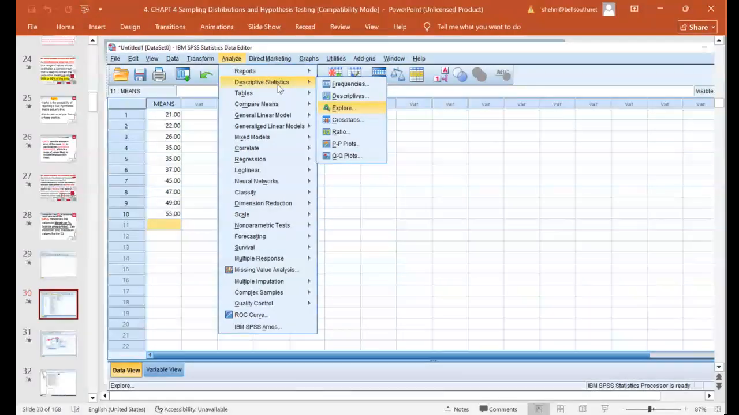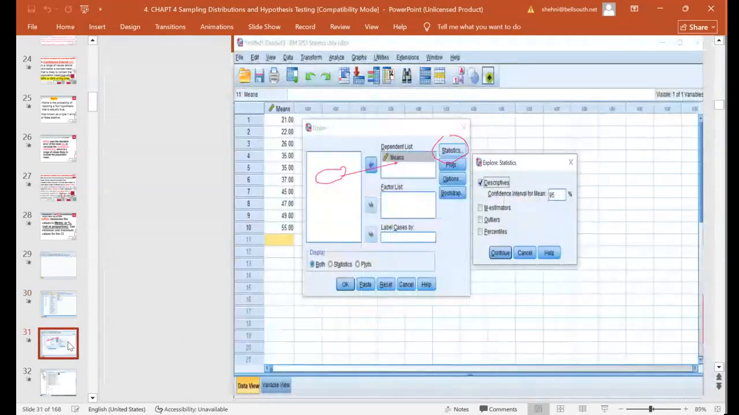You go to analyze, you go to descriptive statistics, explore. Click on explore. You transfer, right here in that red circle, it says means. All that data is attached to that word means. So you drag and paste it to means. And then you click on the statistics,